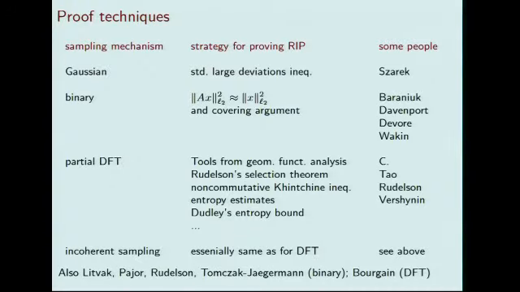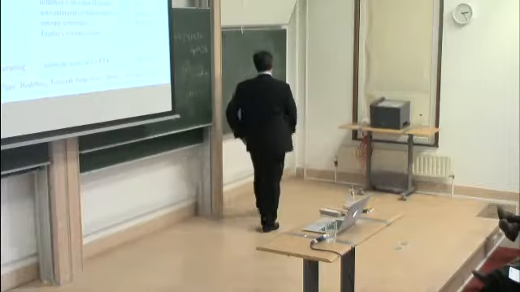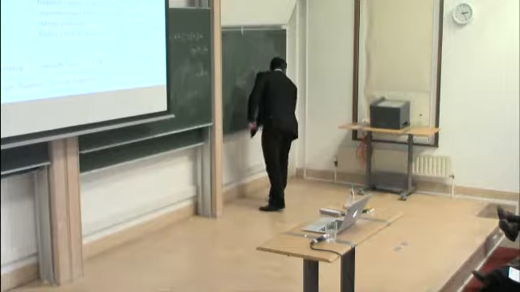For the binary case, there was a proof proposed by Baraniuk, Davenport, DeVore, and Wakin, but it's really all over the literature of geometric functional analysis. For example, if you look at the work of Litvak, Pajor, Rudelson, and Tomczak-Jaegermann, you'll see similar things. And how does this work for the binary case? What you do is you fix a vector x, and you show that for a fixed vector x, the norm of Ax is almost equal to its norm.